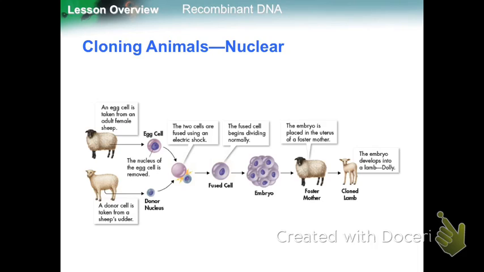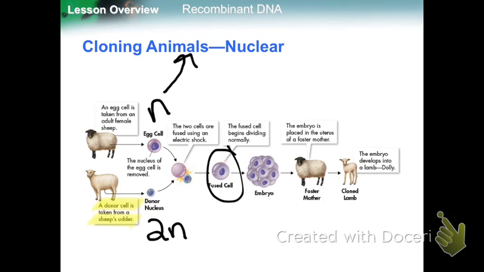Here's a diagram of what happened. So a donor cell is taken from a sheep's udder. This is a diploid nucleus, 2N, donor nucleus. This haploid nucleus is removed. The two cells are fused using an electric shock, and then that fused cell begins dividing normally. Once it is enough cells that it's an embryo, it's implanted into a foster mother, and then this is how